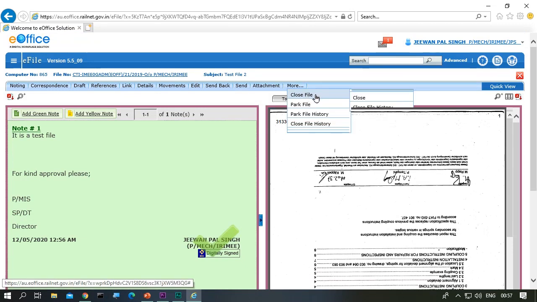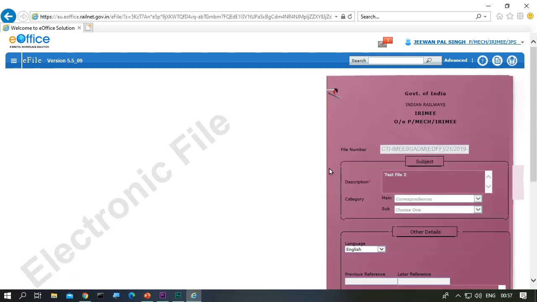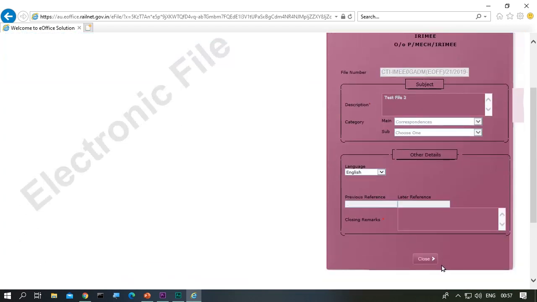Let's close this file. Any file which has completed its cycle and is not an open-ended file, which is not required anymore, can be closed off. So we can go to the close menu and then close it, provide some remark for closure, and then close it.